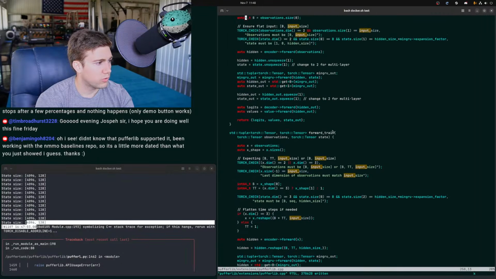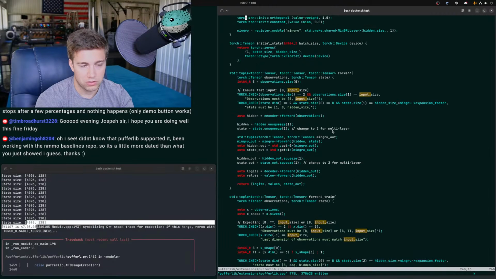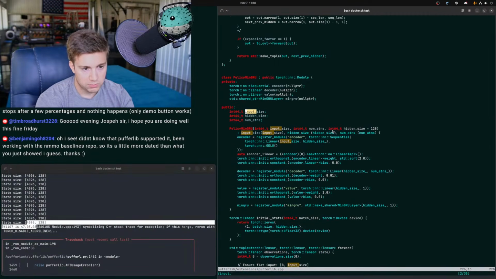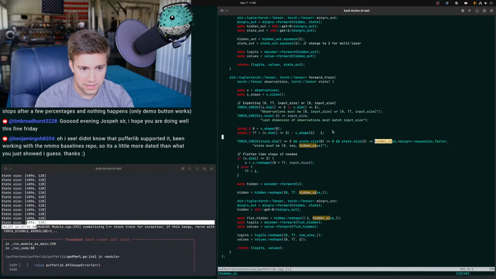Didn't know PufferLib supported, been working with Neural MMO baselines. If you're working with Neural MMO 2, that is going to be the super old, super slow version. Neural MMO 3 trains at 500,000 steps a second on one GPU. We've trained it on up to 650 billion observations on one box. It's pretty cool. I would definitely check out the third one, because that's the one that's all tied into Puffer and has all the viz